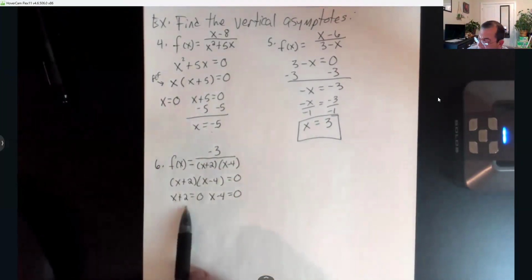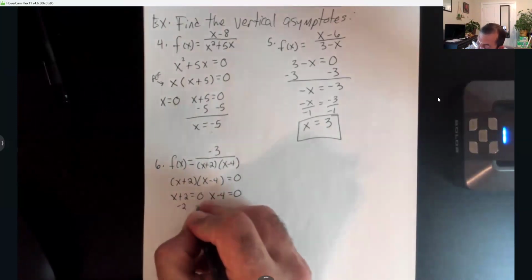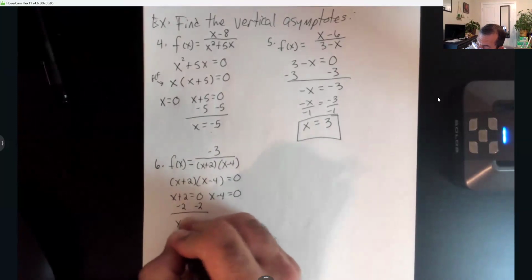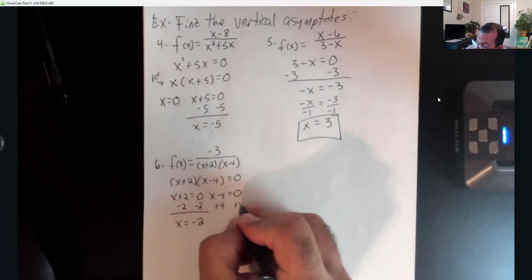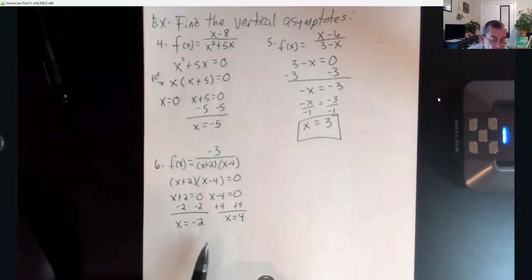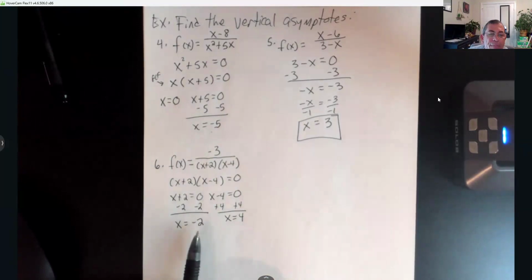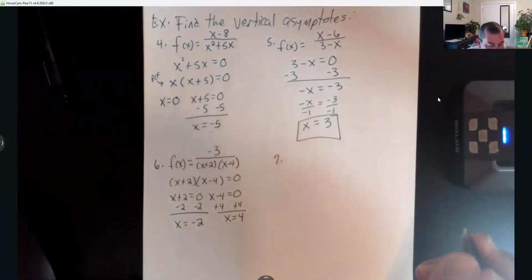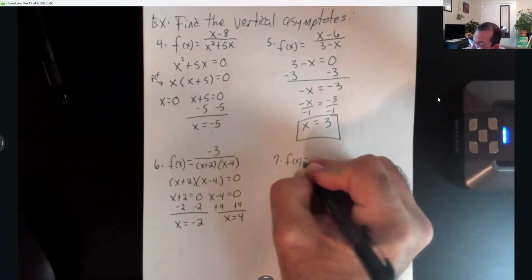All right, y'all. So once again, the zeros are going to be opposite signs than our factors. So we'll make the 2 negative by subtracting, and then the 4 is going to become positive by adding. So y'all, once again, put them in MATLAB as an equation, okay? All right, then the last one here,